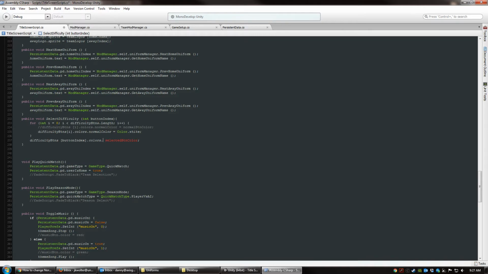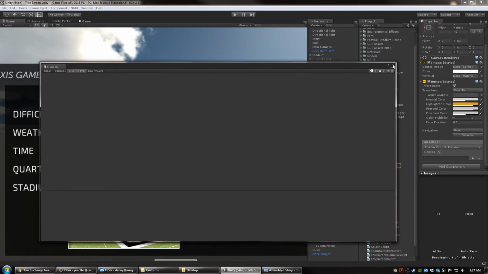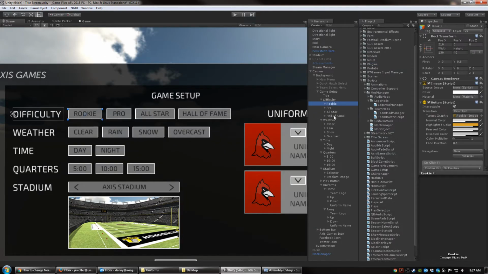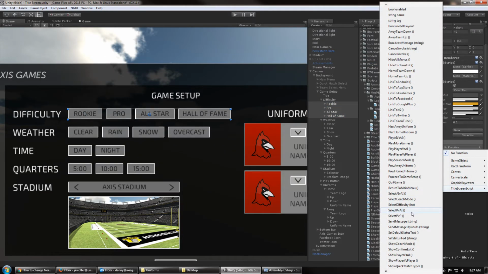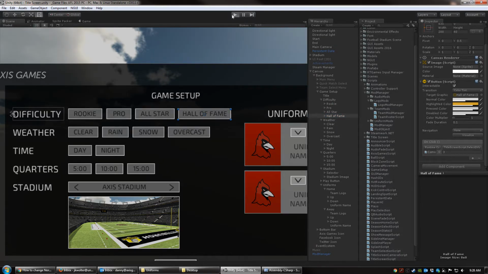Colors equals selected color block. Colors equals normal color block. Now, go away. Now, do we have our function here? Select difficulty. We do. So this is 0, this is 1, this is 2, and this is 3. These are the indices. Okay, so save, and when I run this, it should give us,